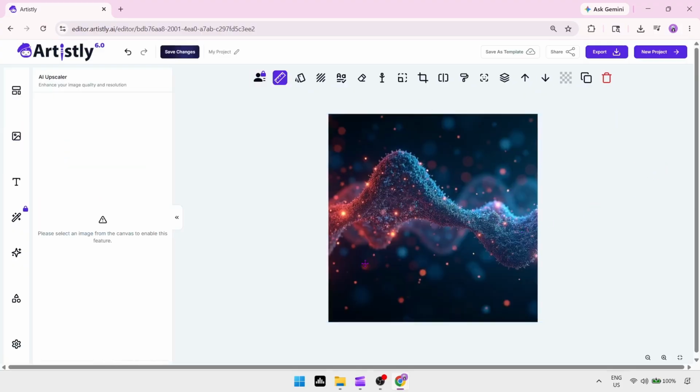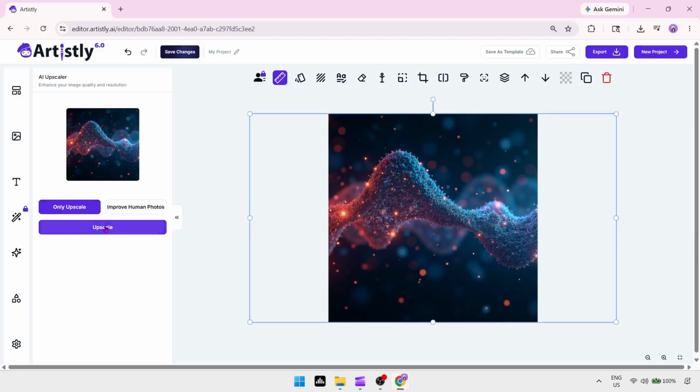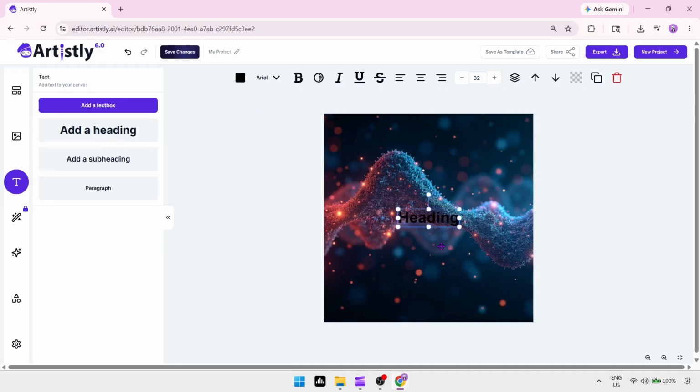You should also use bold colors, strong lighting, and clear focal points because Instagram content needs to grab attention quickly while people are scrolling. If you're creating promotional content, leave some open space for text or branding so the image doesn't feel overcrowded. After generating the image, use the upscale tool to improve sharpness and overall quality before uploading to